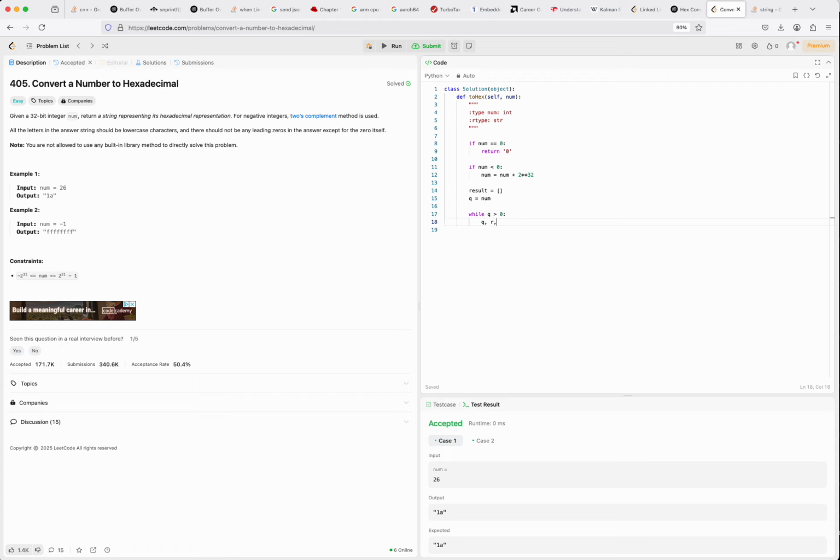q is the quotient and r is the remainder. So q, r equals, use the Python function divmod. divmod of q, okay, we have already put q equal to num, right? So while this holds, all you do is you say result dot append